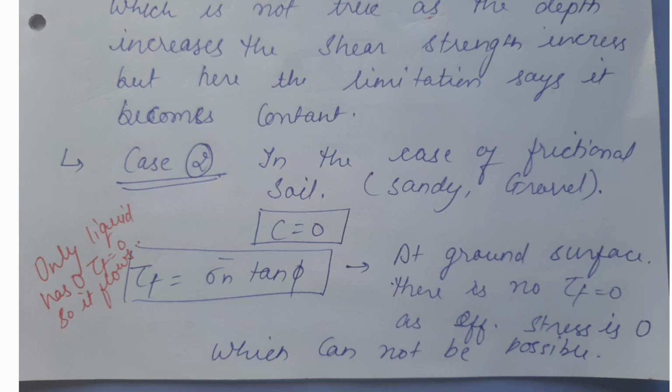So this theory has a few limitations. We have seen both the cases. Now we can conclude that Coulomb's theory, which he gave earlier, was not sufficient. So we modified it, and the modified Coulomb's theory also has limitations. In this video we have seen Coulomb's theory and the modified Coulomb's theory. Then we have seen the limitations of Mohr-Coulomb's theory. So we have completed all this part. The remaining part we'll see in the next video.